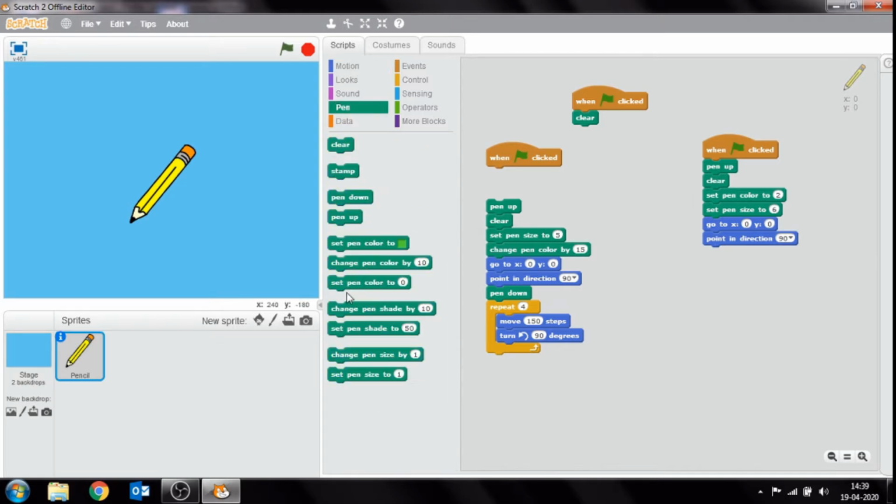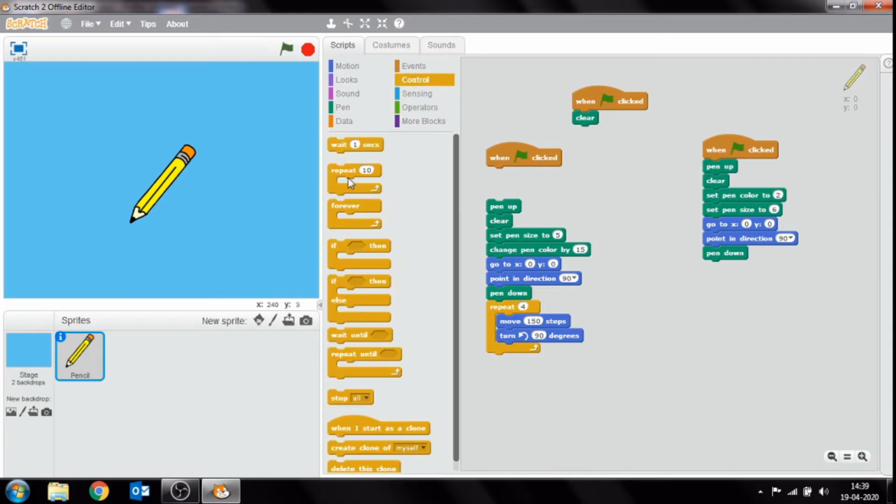Then go to pen down, then go to the control block, drag the repeat block here, repeat 2 times because in a rectangle opposite sides are the same.